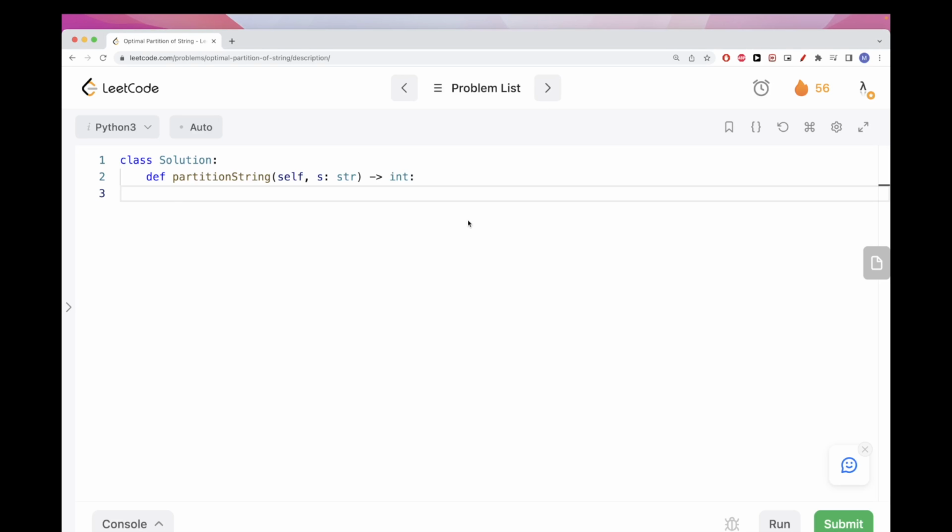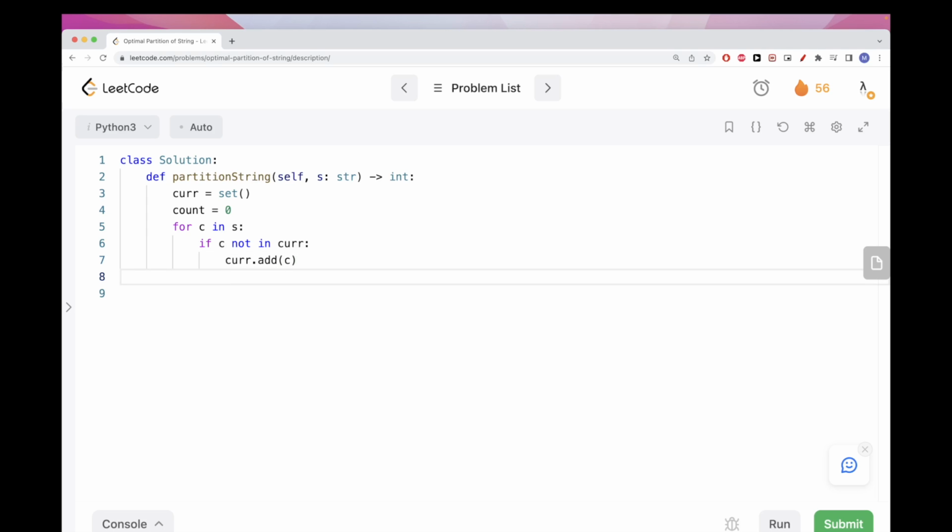Okay, so let's implement the solution we just saw in the overview. So we need a current set that holds the current substring. And then we just go through the string. And we need a count, right? For now, let's just initialize it to 0. Now, if the character is not in the current set, then we can just add it to the set, right? And that's pretty much it, because we haven't started any new string, so we